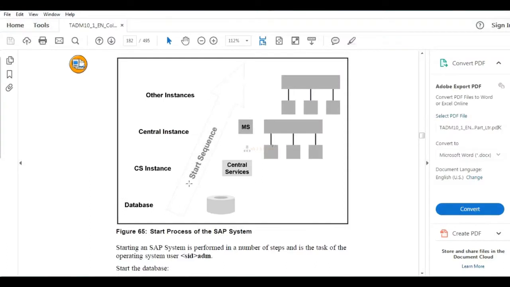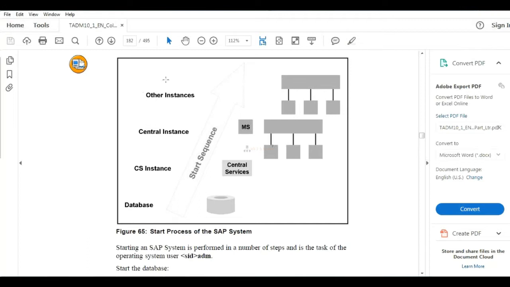Next, when you start your SAP, the sequence is: first the database should be started. Next, the central services instance should be started. Next, the central instance should be started. Next, other instances. What is the meaning of other instances?